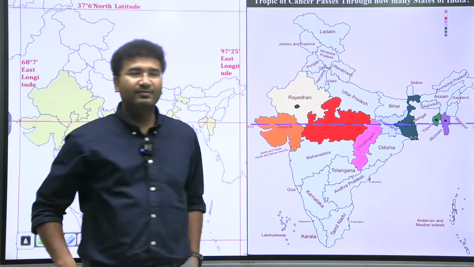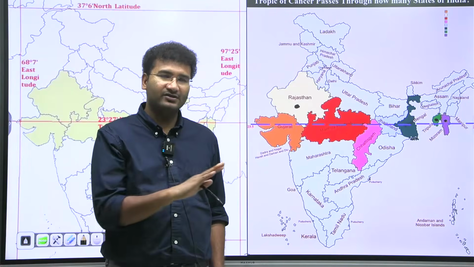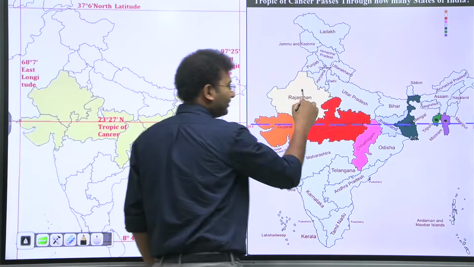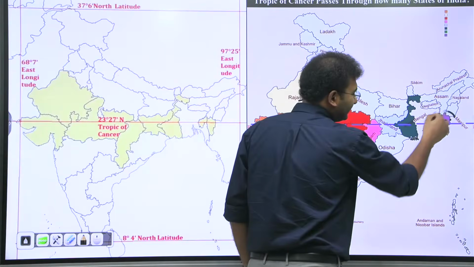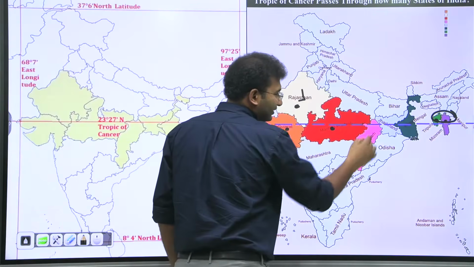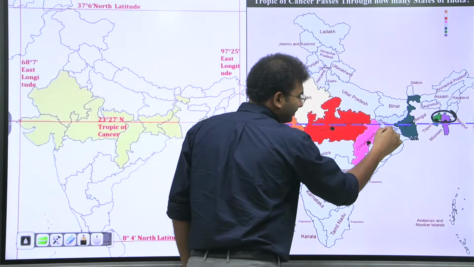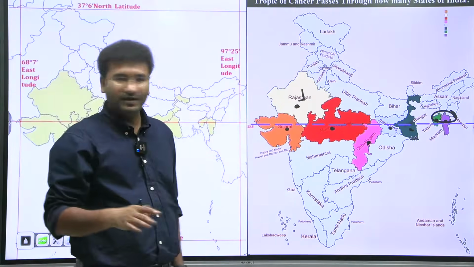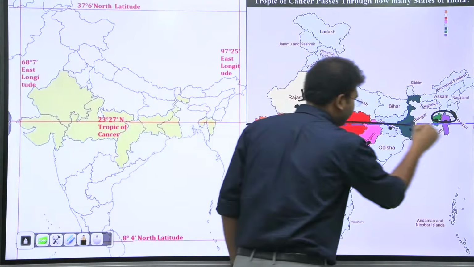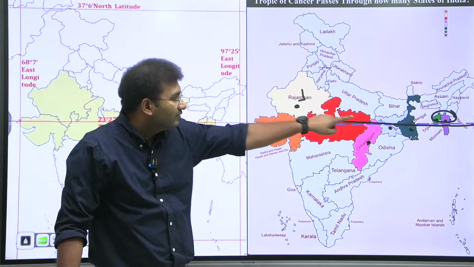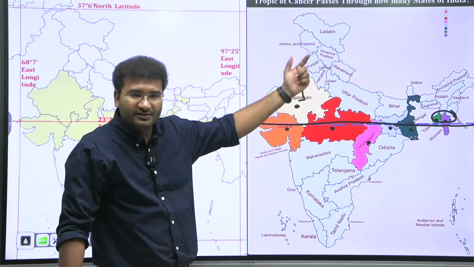Three capitals are present north of the Tropic of Cancer, the rest of the capitals are present south. Right? One is Rajasthan's Jaipur, then Tripura and Mizoram. These two capitals are present in the north. Ahmedabad, Bhopal, Chhattisgarh's Raipur, Jharkhand's Ranchi and Kolkata are all present south of it. Right? So this can be a trap, an observational trap. So Jaipur, Mizoram and Tripura capital cities are present north of it.